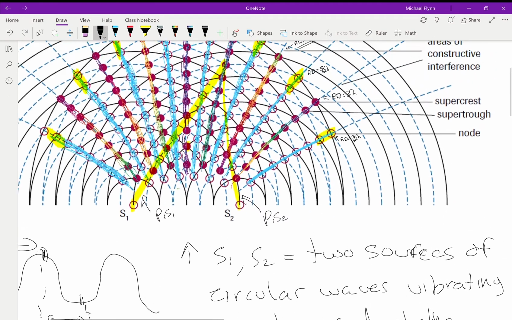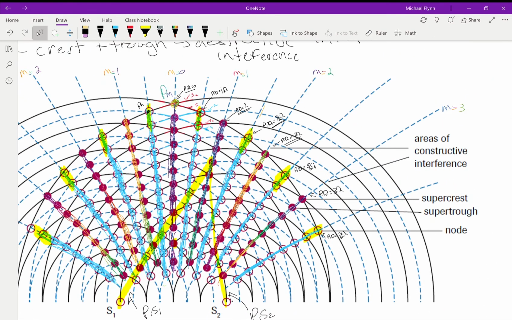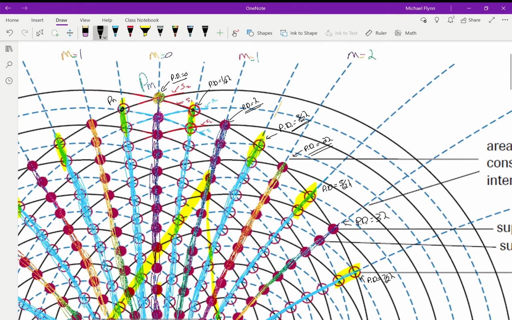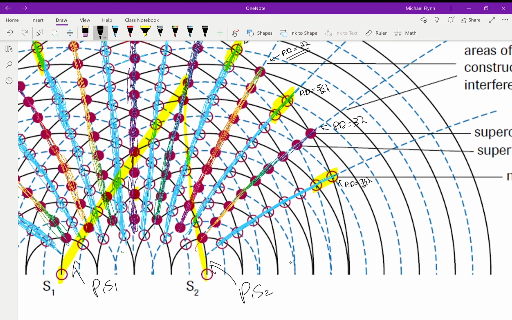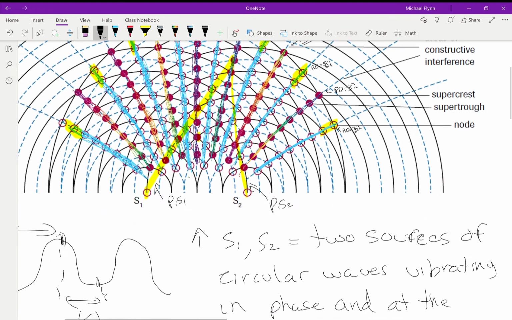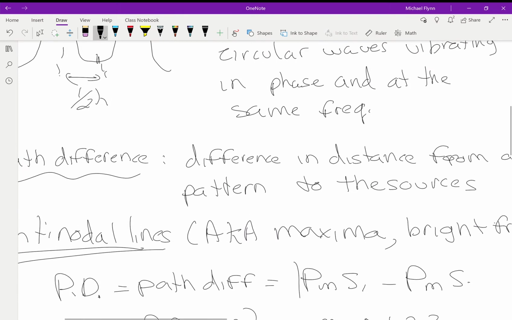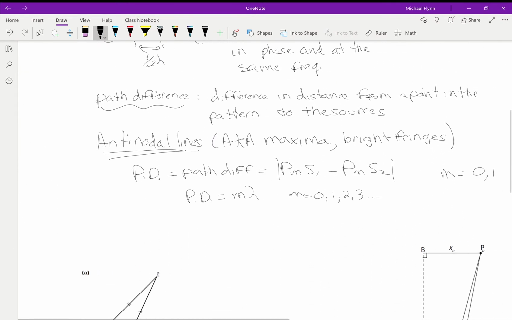What's happening is, as you radiate out from the middle, you're going to get alternating lines of constructive and destructive interference based on the path difference of waves coming from one source compared to the other. They're following these yellow highlighted lines, radiating out into the picture that you see. But on the nodes,